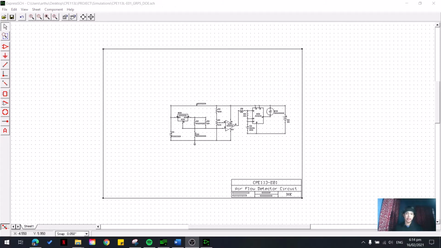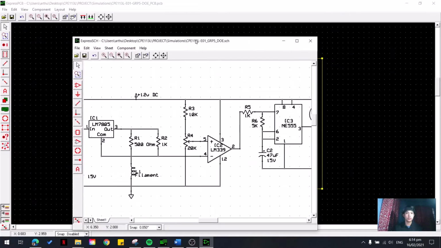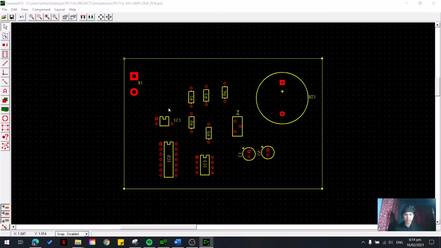So hi guys, my name is Arthur and today we're going to make the PCB for our DOE. So for our PCB we made an airflow detector. We're going to make an airflow detector PCB. So as you can see, this is our schematic. So we'll base our PCB on this because we're going to link this later on to the PCB that we're going to make. So let's just move this right here, and as you can see here, this is the PCB